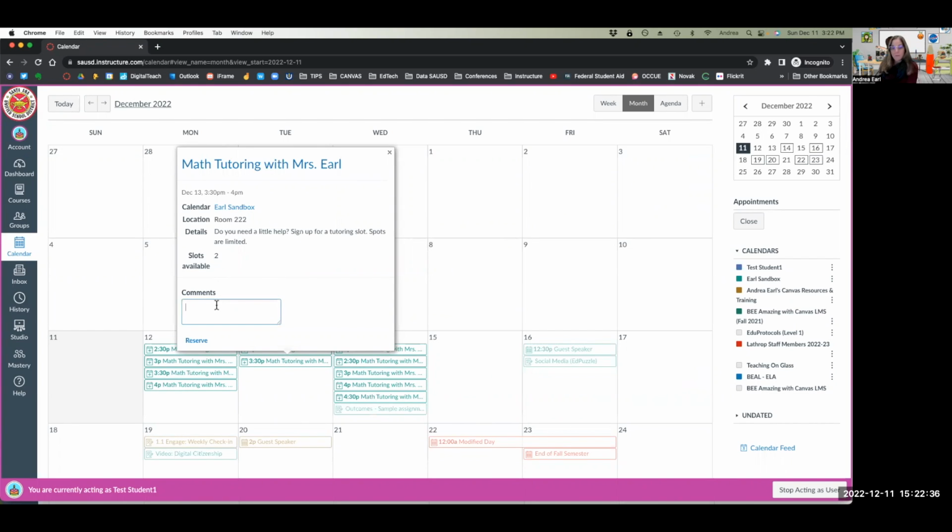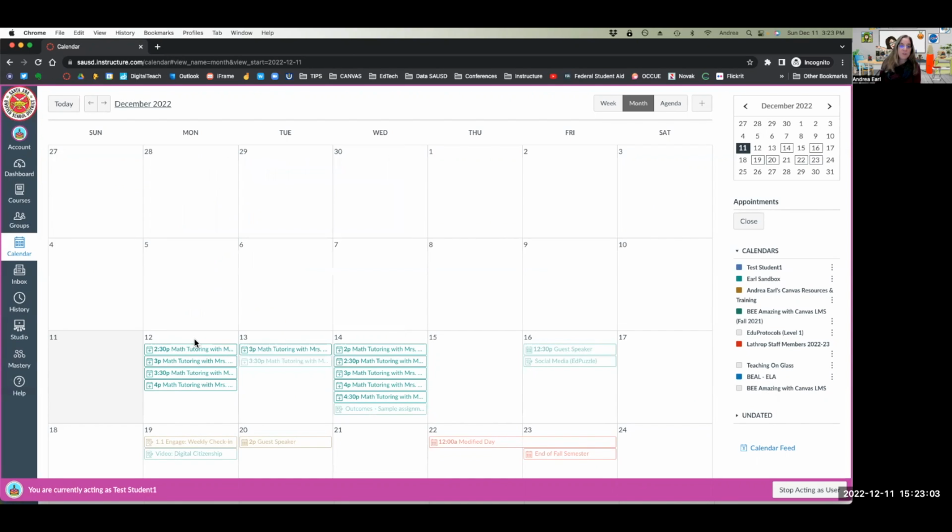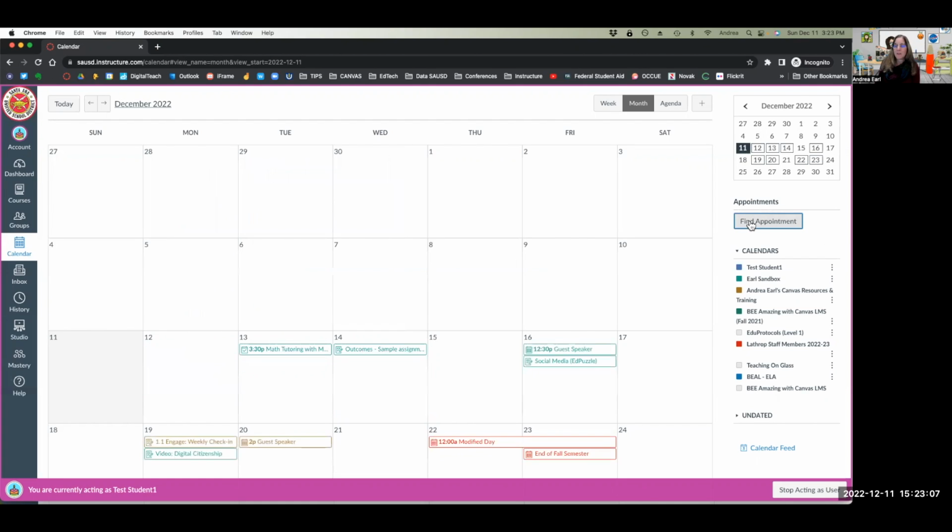They can add a comment. That's kind of a generic message, but really I ask them if they need help to please be specific on what topic. That way I can be prepared. The student then selects reserve, close that spot, and you'll notice all the other possible slots disappear, and just the 3:30 that the student selected